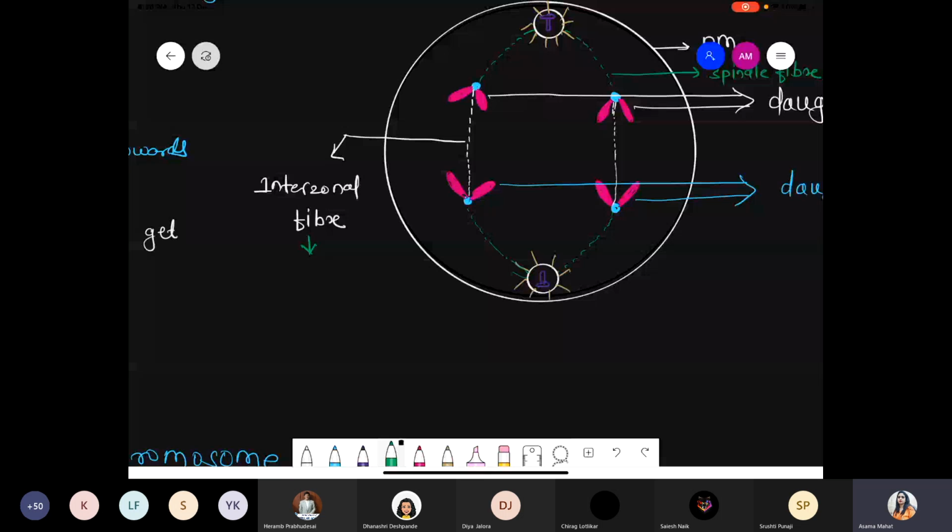So basically they push daughter chromatid towards opposite pole. Okay, towards opposite pole. So please underline push कर रहे, because now where exactly you can say spindle fiber they